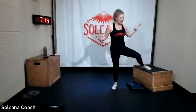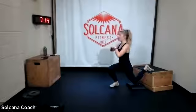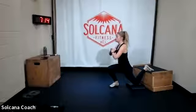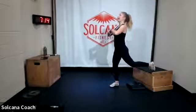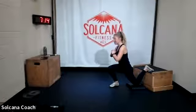We can start with whatever leg you prefer. We'll try to do them each evenly. So we'll put one leg up on our item. I'm going to count down from 10 as we do our reps, but if you want to go at a different speed, be my guest. We don't have to be in unison. But if you're going with me, we're starting in 3, 2, 1, and 10. Hold, hold, up, 9, hold, hold, up,